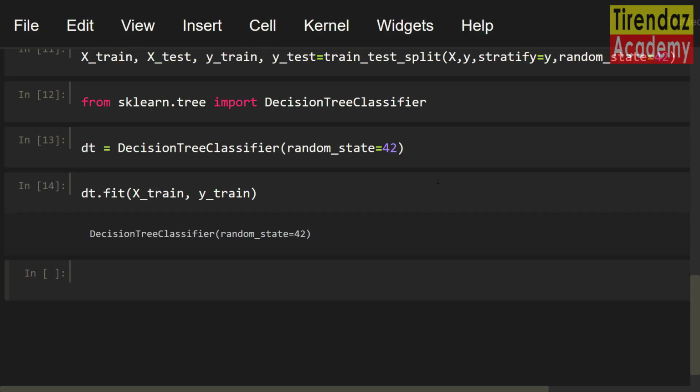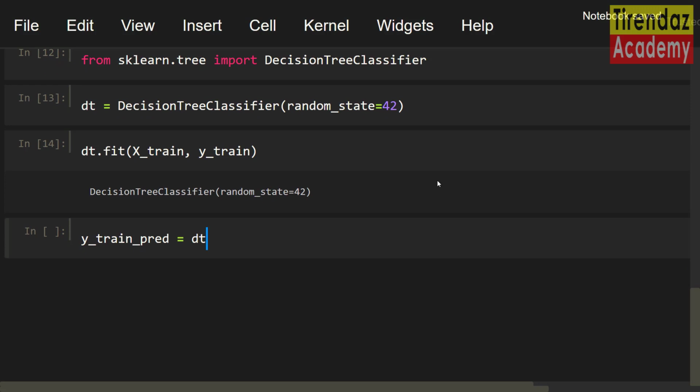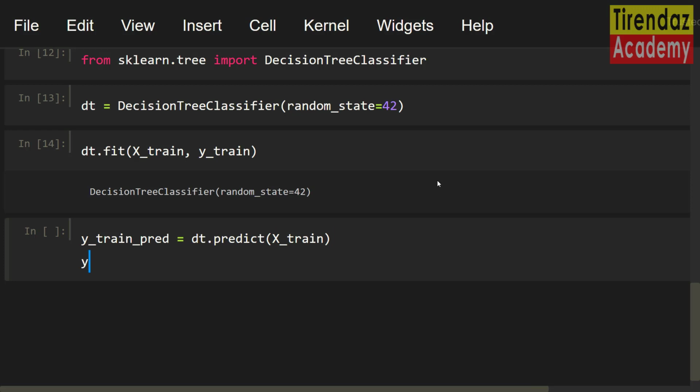Let's predict the training and the test values with this model. y_train_pred equals dt.predict(X_train). After that, let me set y_test_pred equals dt.predict(X_test).